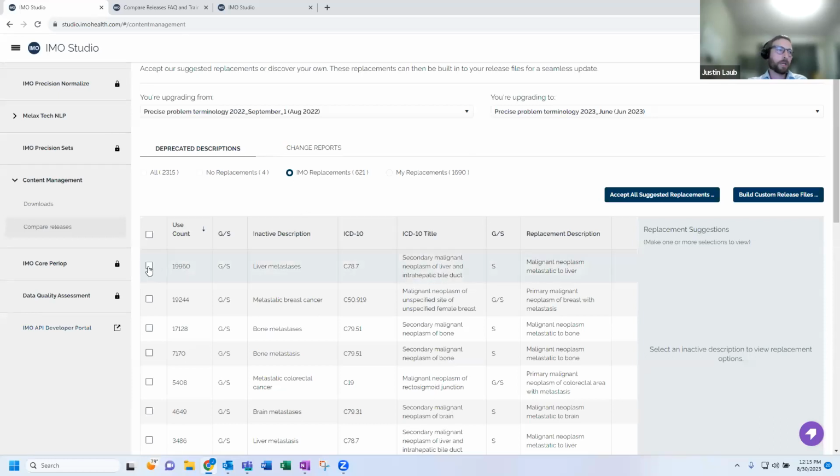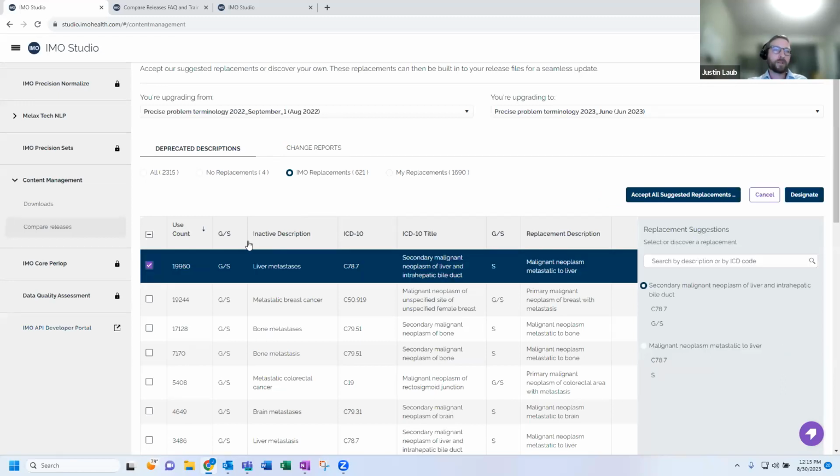If you disagree, you can do that within the tool. You can see there are a couple of suggestions. There's one other suggestion beyond just the one that we've already replaced for you. If you think this is the correct replacement instead, you can select it, designate it, and move on. The other thing you can do within the workflow here is actually search against